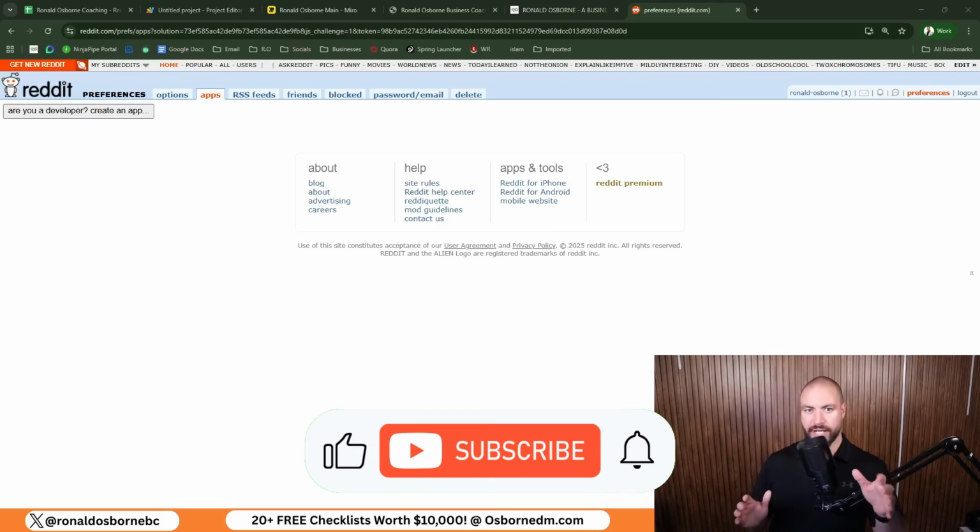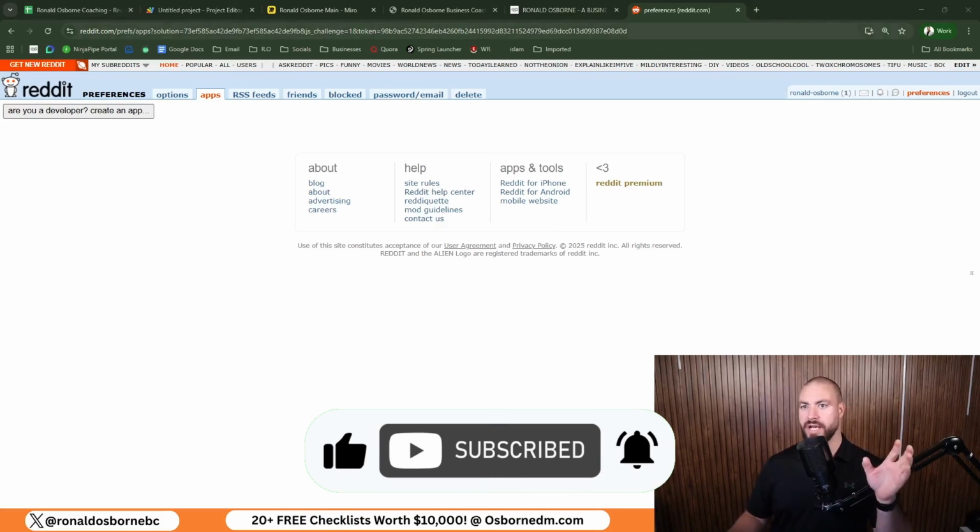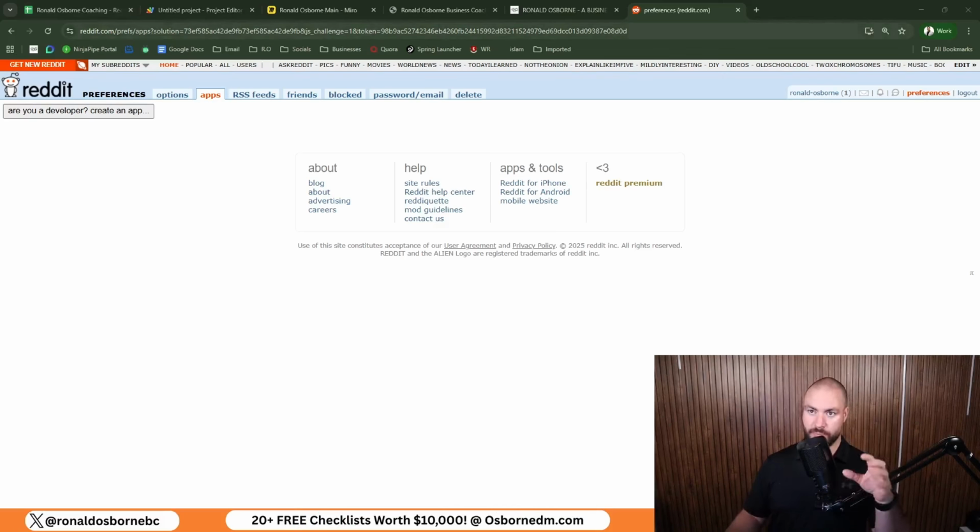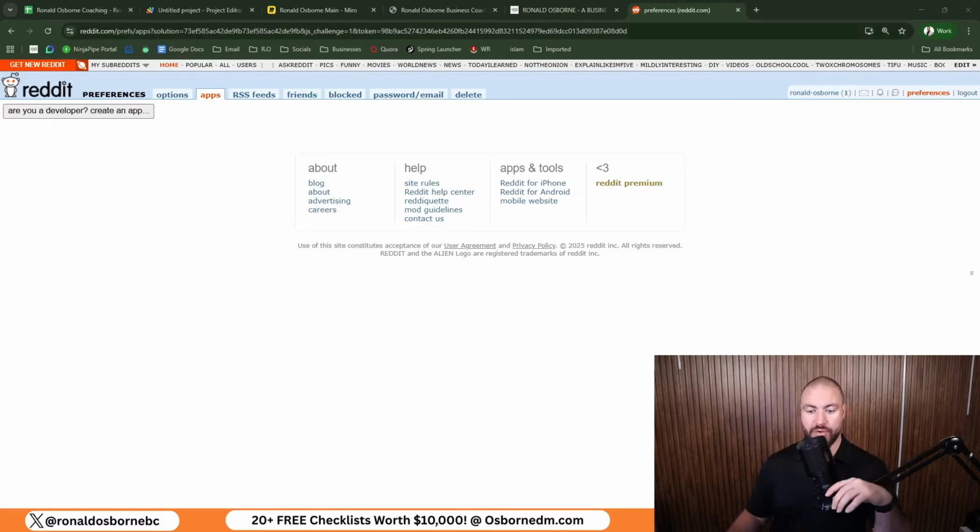How to get a Reddit API key. Let's jump straight into it. So the link down below, which is reddit.com/prefs/apps. Now you need to be signed in onto your Reddit account and you should have this pop up. Now what you do from here, this is how you get the Reddit API key, is you click on this